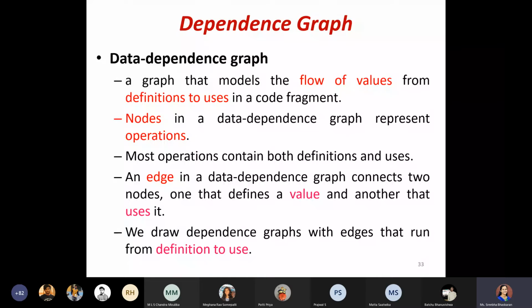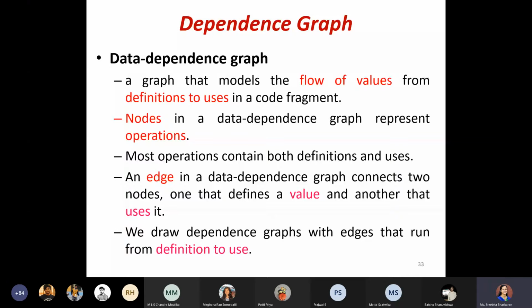That is, when you have defined a particular variable, the value has been assigned to it, where all you have used it, and which statement is updating that variable. All this information will be charted out in the form of a graph. That is what we call the data dependence graph.